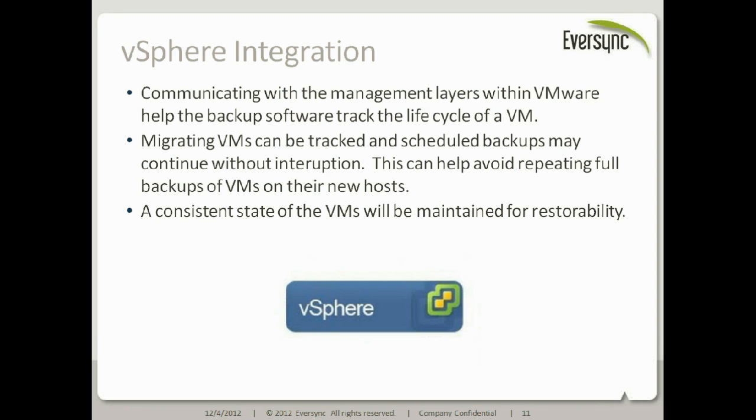So if you can talk to the vCenter or vSphere system, that lets you access the VM in a number of ways and keep track of the VM even as it moves from one host to another or one data store to another, so that you don't have to worry about getting that same virtual machine backed up twice, or even worse, missing it altogether while it's in transit. And being able to integrate with vSphere, of course, lets you take those snapshots to get the self-consistent backup set of files.